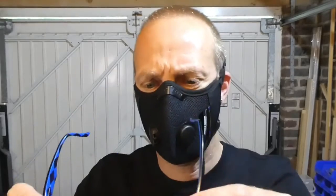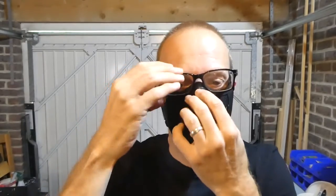Let's put the glasses on, and I really can't see now with lenses and glasses. There's a little bit of steaming up going on, and even though that's a really good fit there, it really is inevitable with a lot of masks that they may steam up just a little bit, but actually it's not a lot. It's not a lot at all. It could be a lot worse. And actually, if you sit your glasses just a little bit further down than usual, then that makes a big difference. So actually now they're not steaming up,